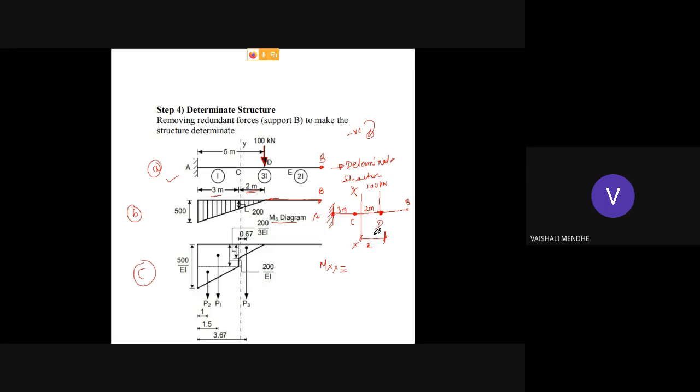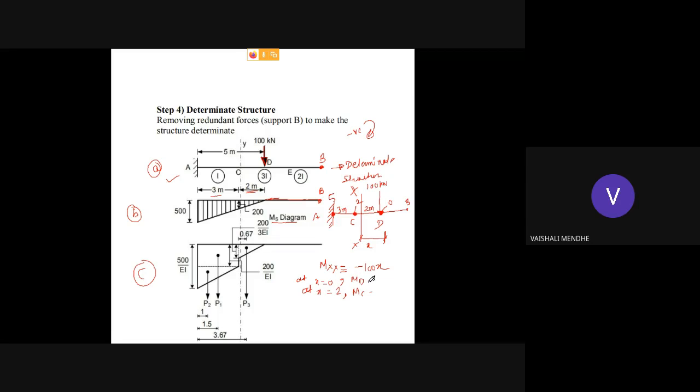So moment about xx, it is minus 100 into x. Then again at x is equal to 2, moment we have to find out. So at x is equal to 2, you will get moment at point C, MC. Okay, उसके पहले at x is equal to 0, यहाँ पे x की वैल्यू 0 रहेगी, C पे x की वैल्यू 2 रहेगी और A पे x की वैल्यू 5 रहेगी। ओके, तो ये आपको लिमिट पुट करके मोमेंट एट D, मोमेंट एट C एंड मोमेंट एट A निकालना है।